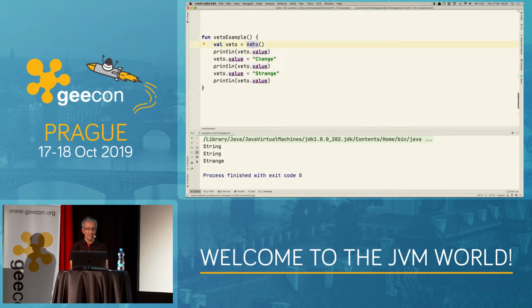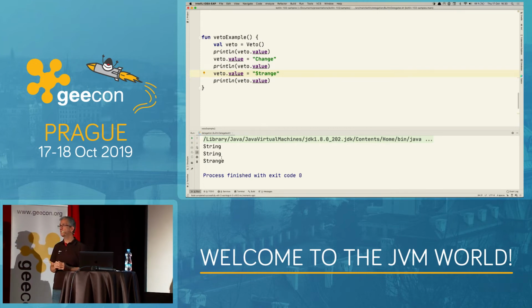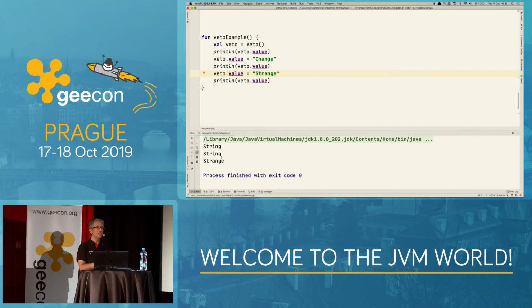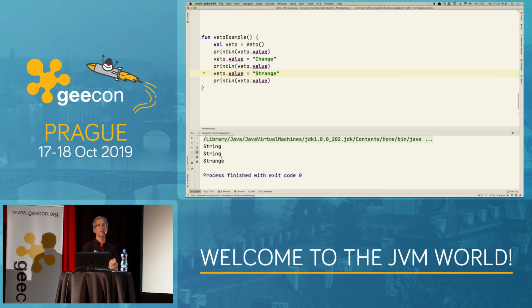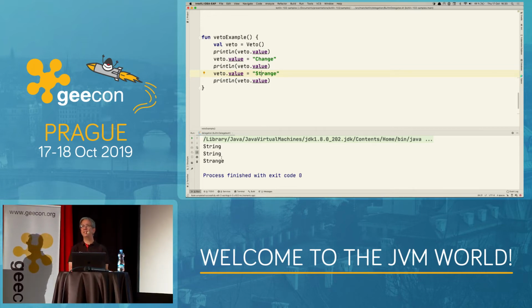String, and then it says change it to change. It prints it out again, it hasn't changed it, and then it says change it to strange. In this case, it does change it because the value set starts with the letter S. Okay. So this is, again, I would recommend that you look at some of the built-in delegated properties that are